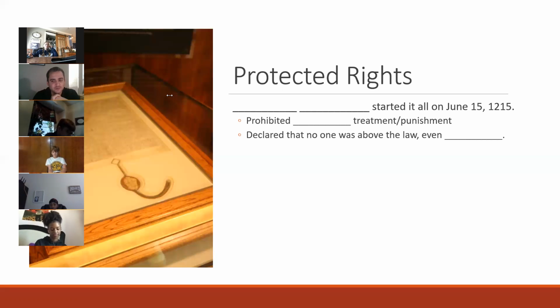Okay, but it seems like it's on its way out because people's attitudes toward it have changed. And then the other thing that the Magna Carta did was declare that no one is above the law. Even the king. So if the king breaks the law, the king needs to be punished. This is an ideal that we have kept today. No one is above the law, even the president and members of Congress. If they break the law, they need to be held accountable.